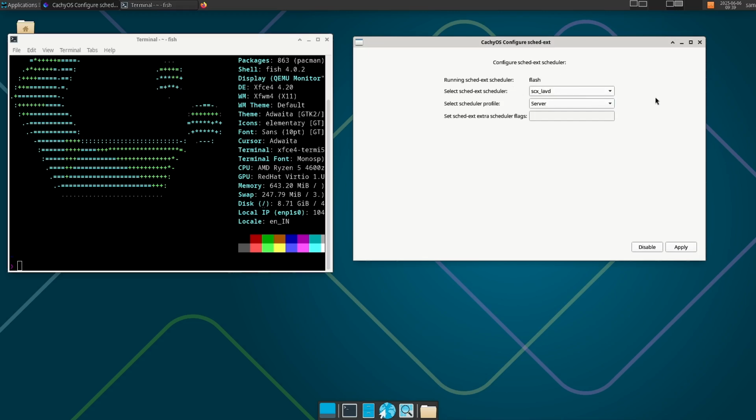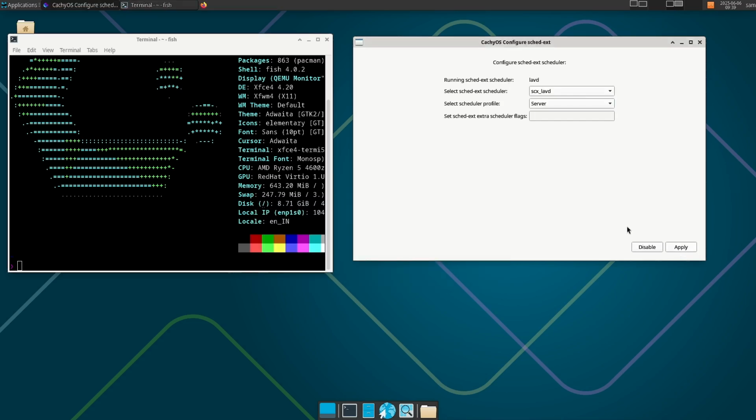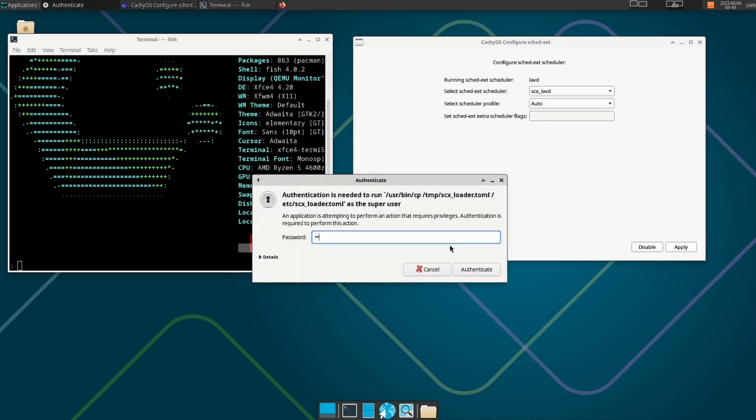scheduler. We have to apply it to the system and it becomes the default or the working scheduler. You can see here it is LAVD scheduler, SCX LAVD, and for the scheduler profile you can see multiple scheduler profiles are available. So we will go with the auto scheduler profile here. There are no scheduler flags enabled here. They are not necessary in this scheduler profile. We have to apply this to the system,